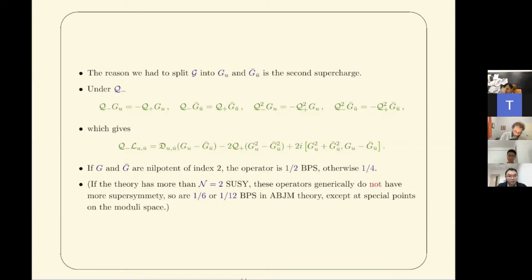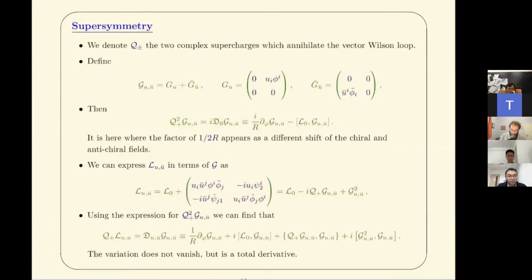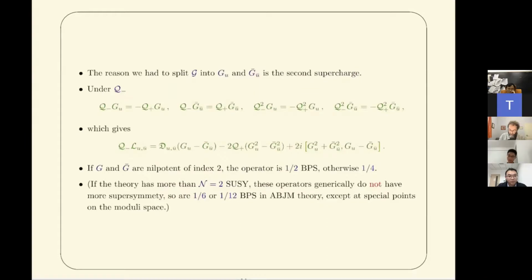But now when I try to act with Q minus on my new connection, I define my connection in the same way in terms of Q plus, but now I will need to act with Q minus on it. So I have Q minus acting on Q plus on G. And now some terms don't cancel. So I'm going to have still a covariant derivative of G minus G, but then all these terms. In order for this to be a total derivative, I just need to keep this term. And therefore, I want to demand that G squared and G bar squared are equal to 0. So all these terms cancel.